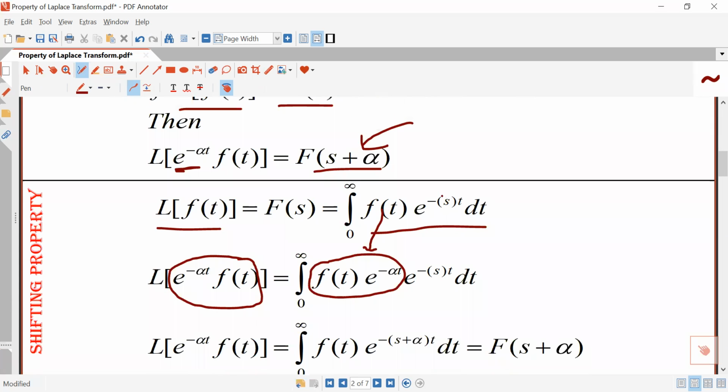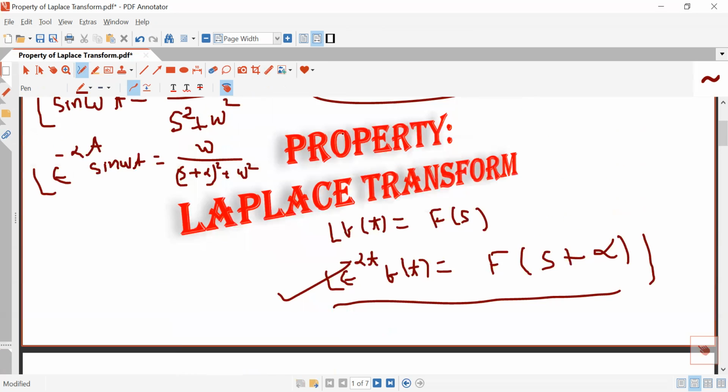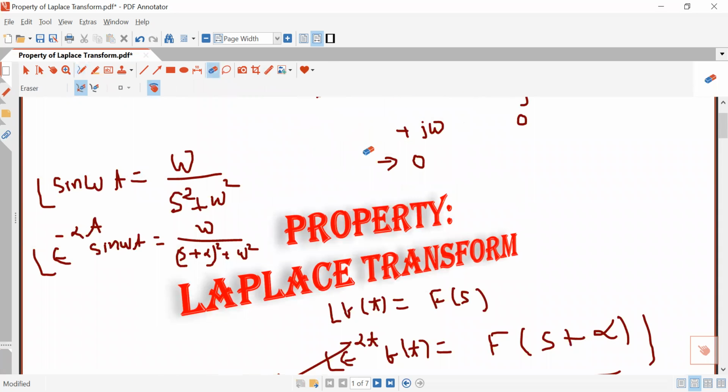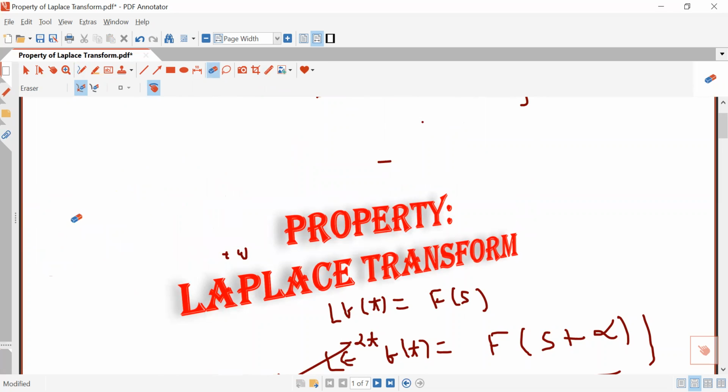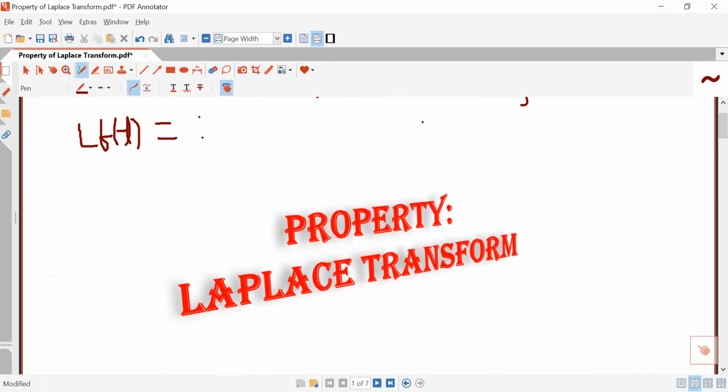And if F(s) is the integral of f(t) e to the power minus st, then what will this be? This will be F(s plus alpha). So in this way, you can prove this statement. So this is shifting property 1. And there is another shifting property also, which you can call shifting property 2. Shifting property 2 is: if Laplace transform of any signal f(t) is F(s), this is a very important property,